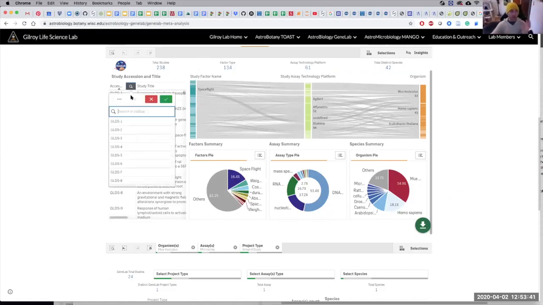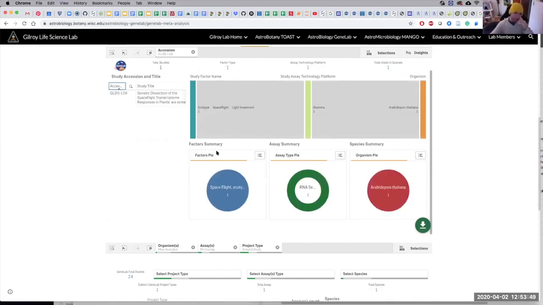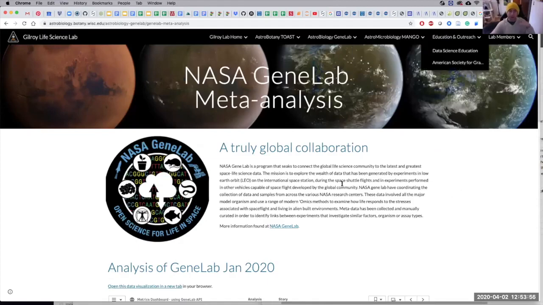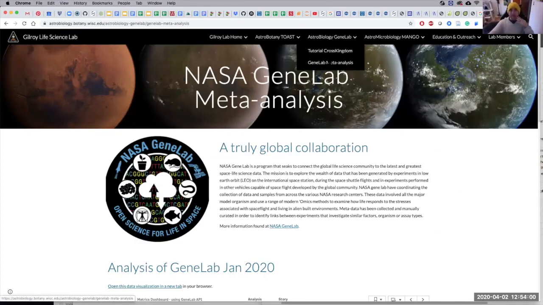And you remember, as I was going through that, I said 120, didn't I? GODS 120. So as I was going through, I found a study, now I'm interested in it for a reason, and I can kind of go in and have a look for that. Okay, cool. So that's like the metadata app, and that's to look across the whole of the GeneLab astrobiology data